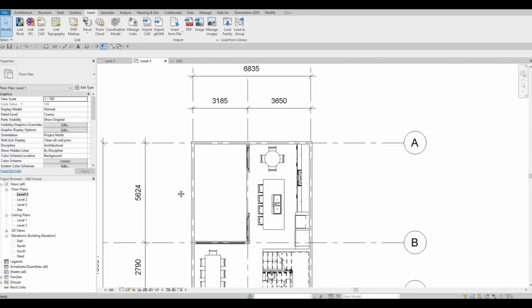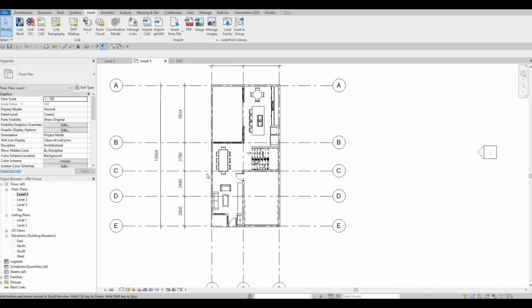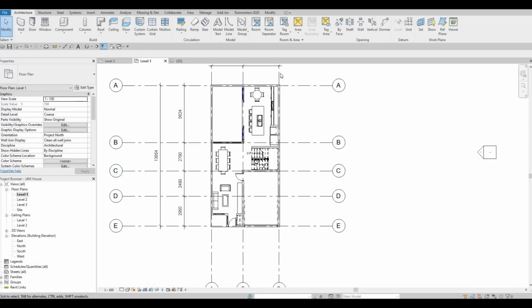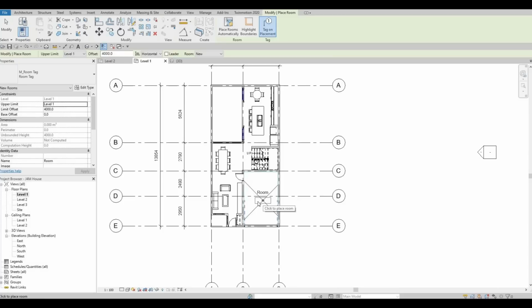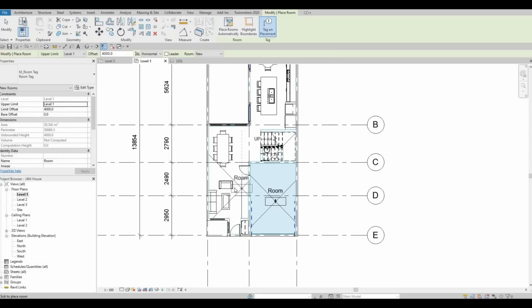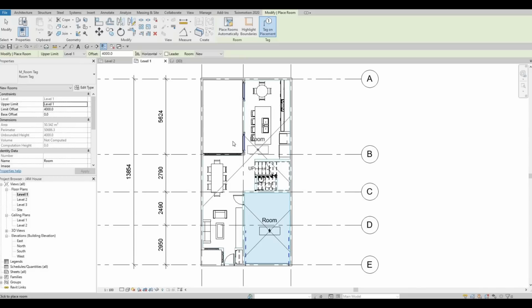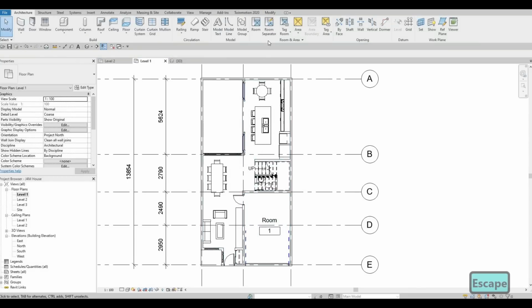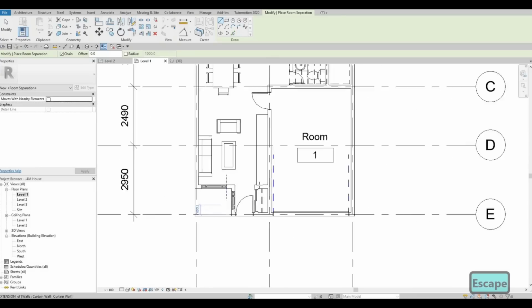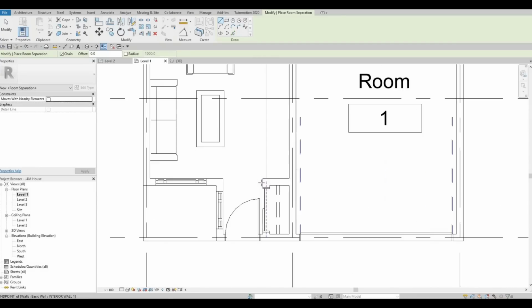and then let's go to level 1 again, and here I want to tag all the room names, so we need to go to architecture, click on room, and we need to keep on placing this one. So here what we need to do, because once we select here, it is basically selecting everything. What we need to do is press escape and then click on room separator. Now you will need to place this line